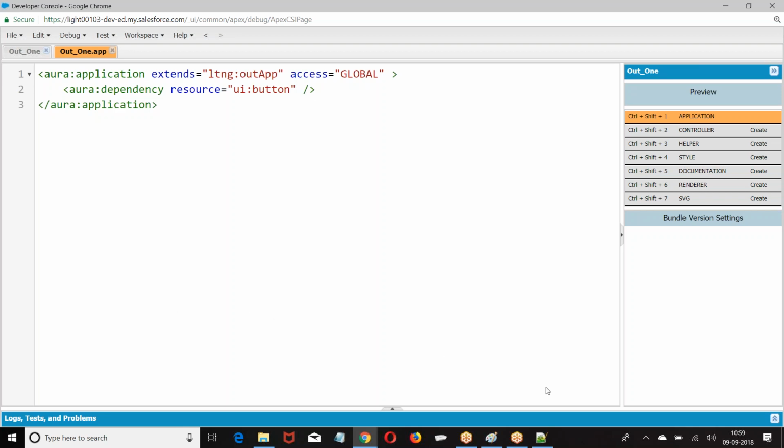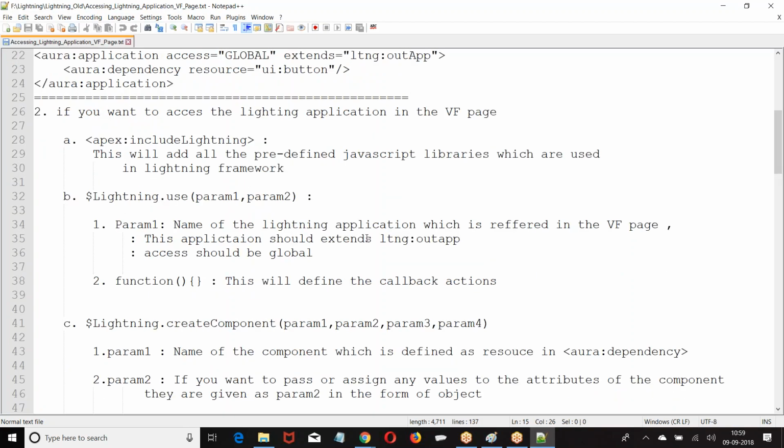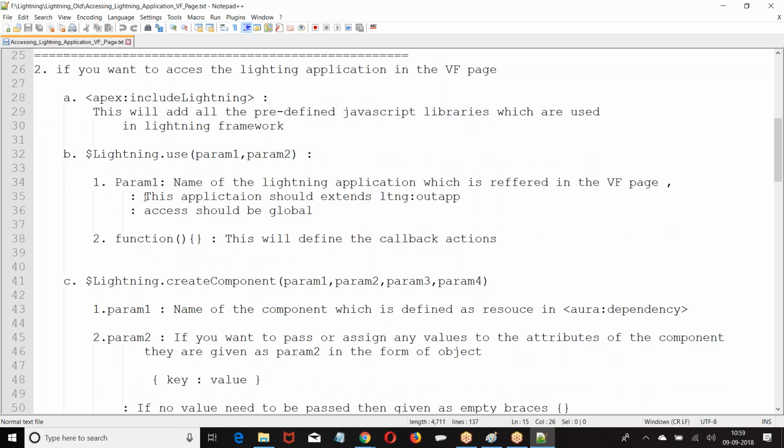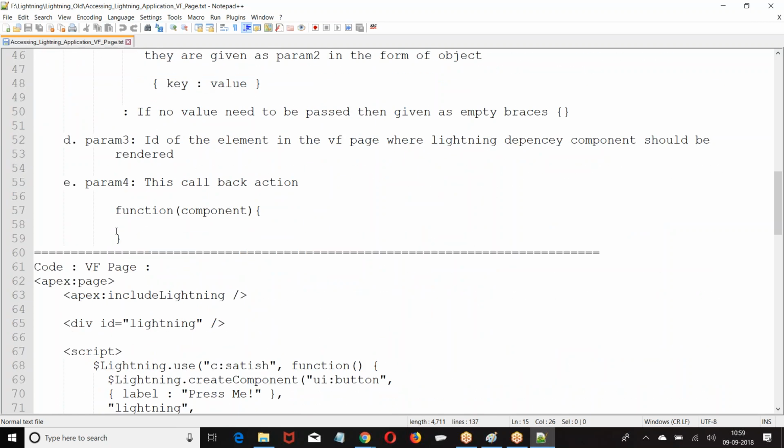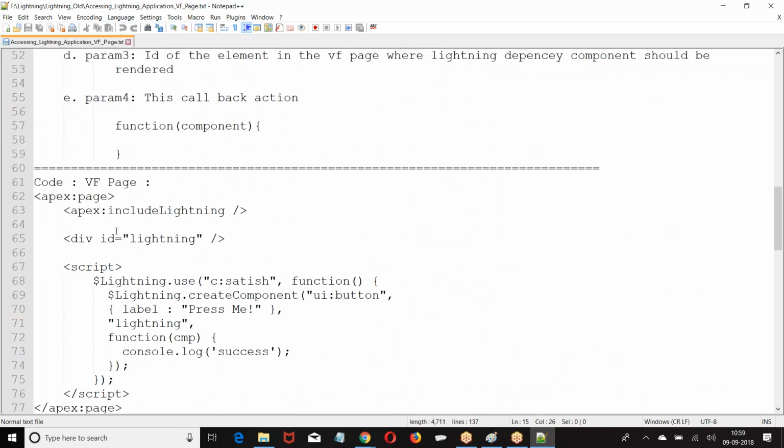Now in the Visualforce page we are supposed to include this. If we want to include this in Visualforce, we need to understand two points here. The first point is apex:includeLightning. What is the purpose of this apex:includeLightning?